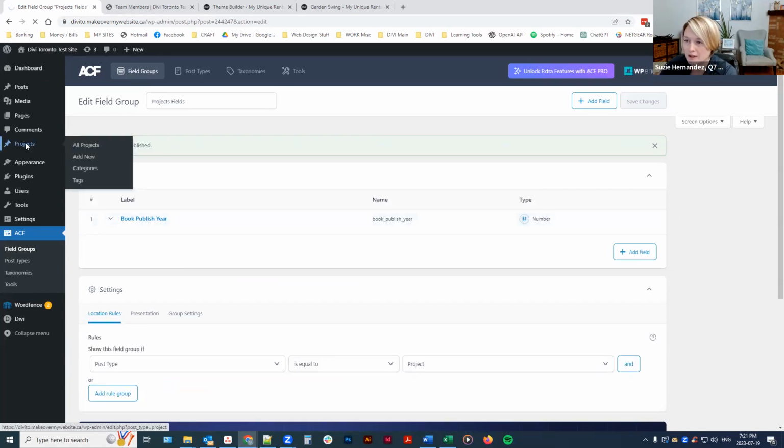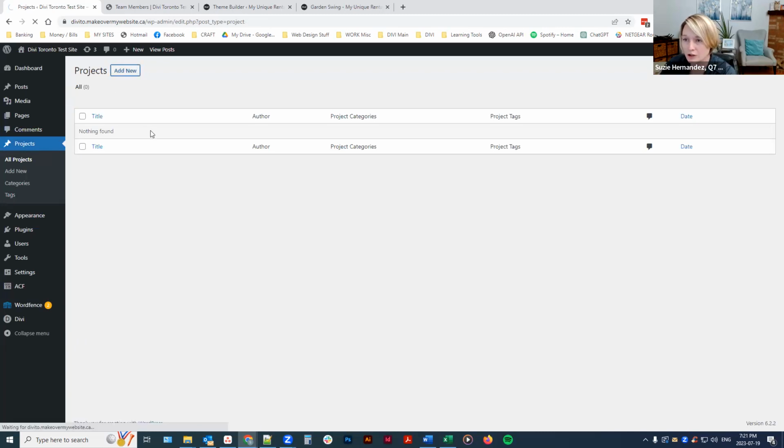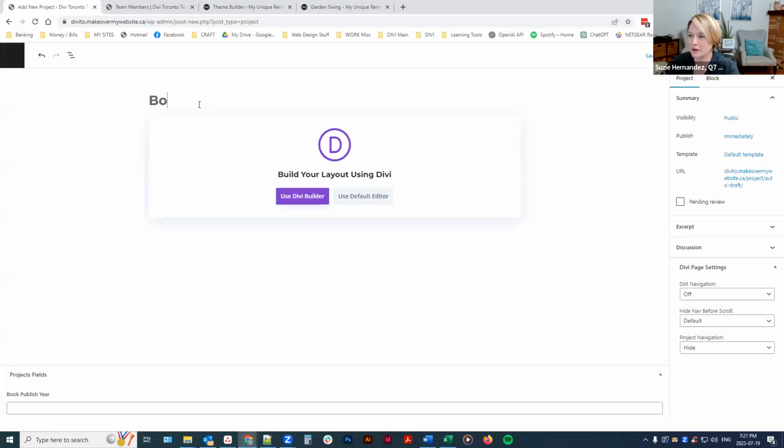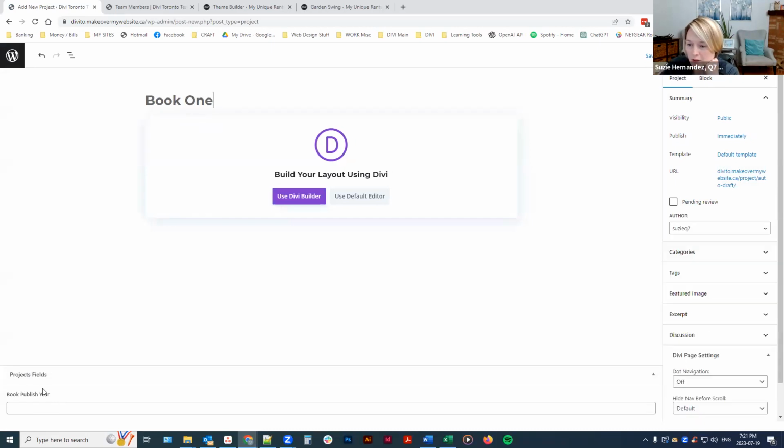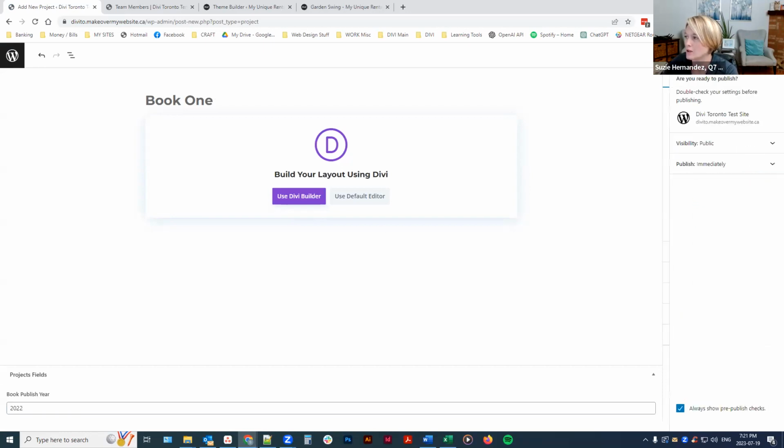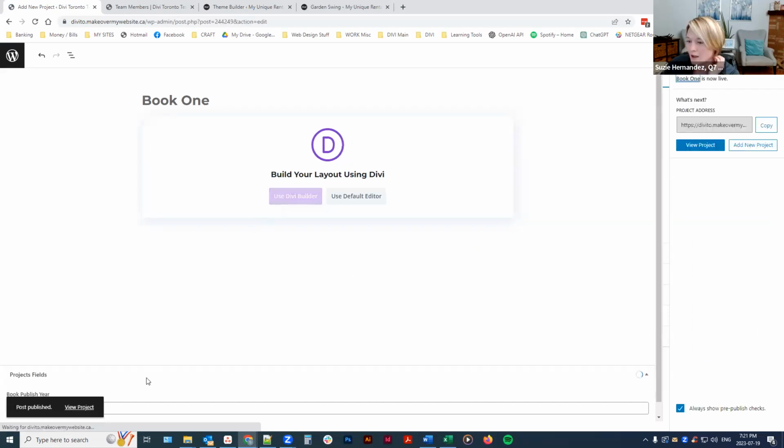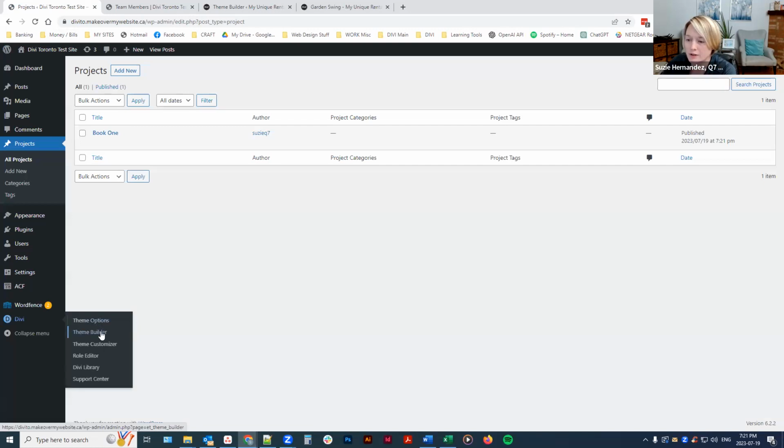So if I go over to the projects now, and I'm going to add a new project or book, whatever it might be. And I'm going to call this my book one. But as you can see here, those advanced custom fields are now going to appear for any book or project, whatever custom post I'm in, that I start creating. So I can say this was published in 2022. And then what I can do, so now that I've got this created and I can have as many fields as I want, okay? The next step, what you would do is go into your Divi builder,